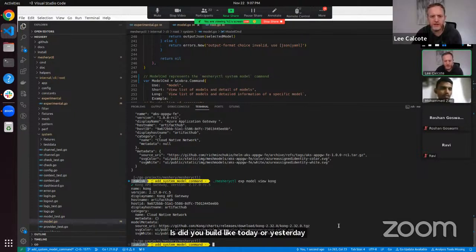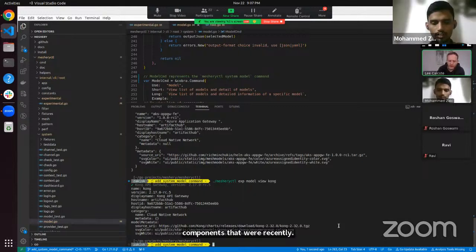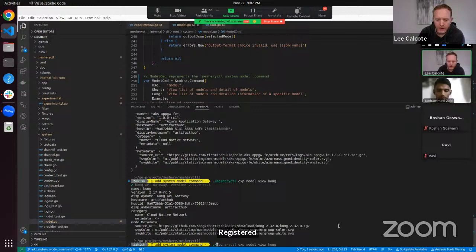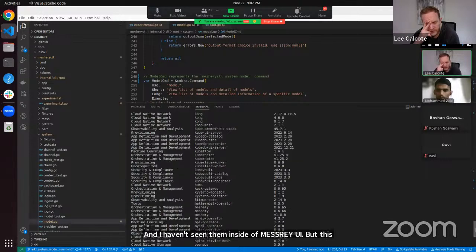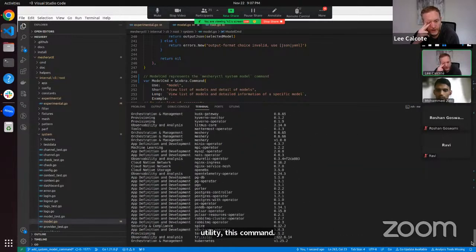I'm curious, there are a couple of new components that were recently registered, AWS components. I haven't seen them inside of Meshery UI, but this command looks like it could fairly quickly help hunt them down.